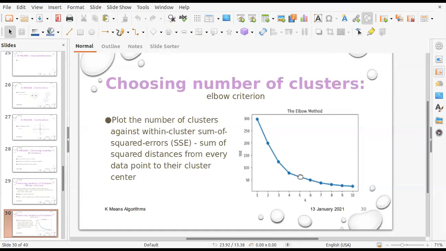So as I said, you can take either 4 or 5 or maybe 3 also. 3 is not appropriate, but ideal is 4. So 4 is the value of k which will give you a better SSE, and the computations which are required are also less. The number of computations is also less.